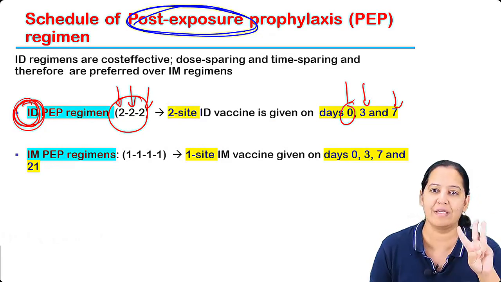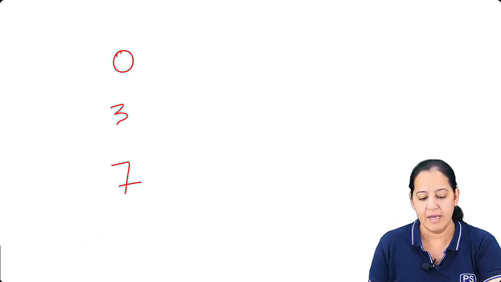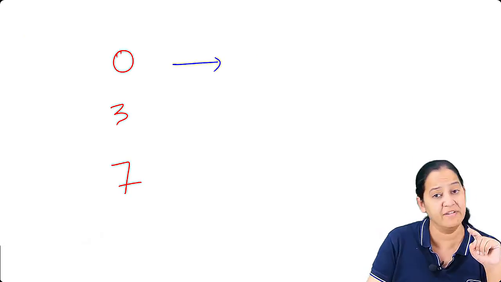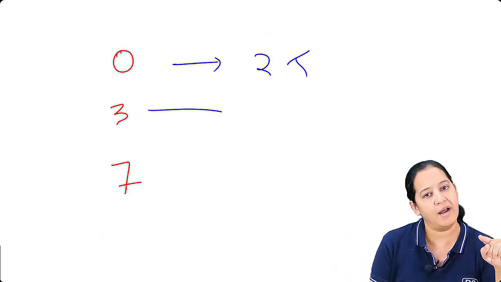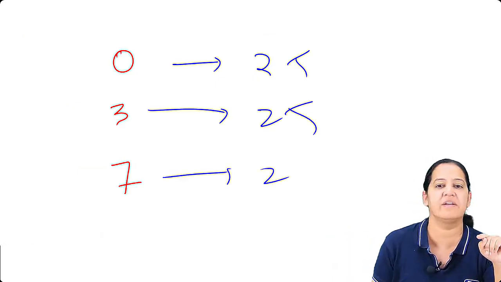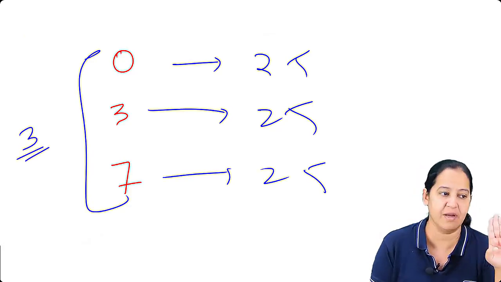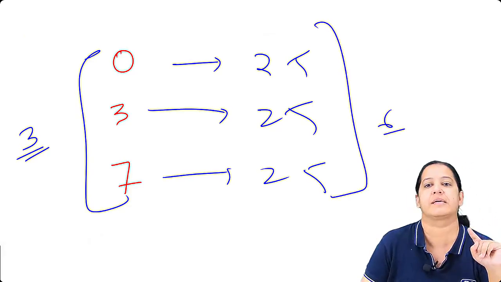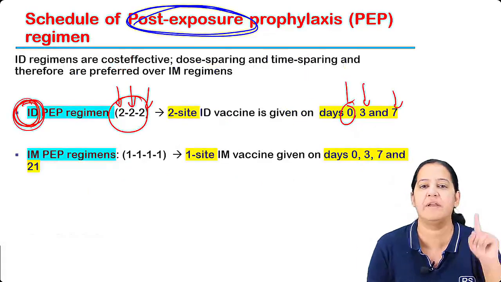I will call the person 3 times. Today is the first day, then the third day, then the 7th day. So I will tell the person, I will give you 2 injections today, one on your right deltoid, one on your left deltoid. Again on the third day, I will give you 2. Again on the 7th day, I will give you 2. Total visits required are 3. The work will be done in 3 visits, but total injections are 6, 2 at a time, okay. So this is the first protocol, and every injection will be intradermal.